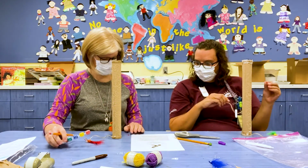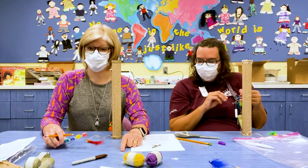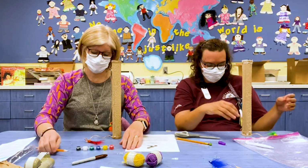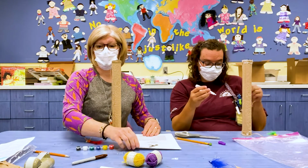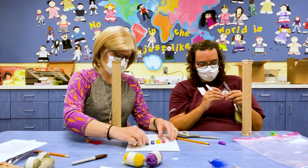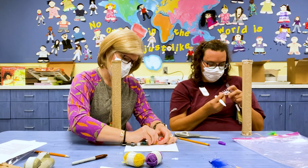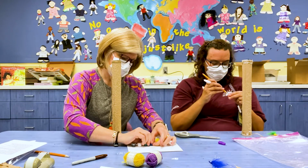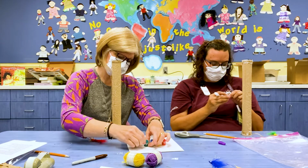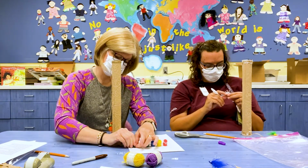You know what it did not tell us? What we do with these five that we kept out. I don't think we do anything with that. So if all your clear little beads could go in your rain stick, that's perfect. You can put them all in there. All right, so I'm going to open these up for us. When I was looking at the artwork and dots, sometimes they would have specific patterns, but sometimes it was just